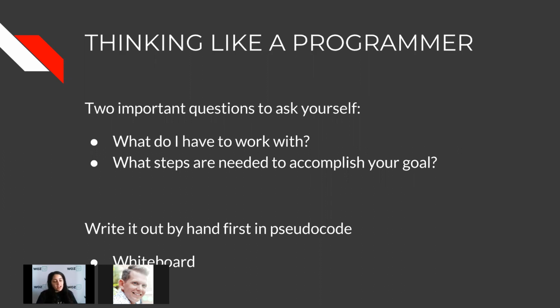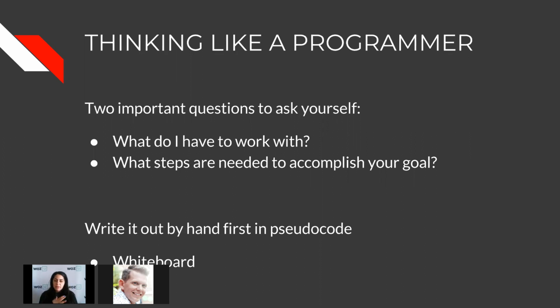Gotcha. So a lot of the times, you'll see a lot of developers with a whiteboard right next to them, and that's because they're writing pseudocode, fake code, just like outlining an essay, right? You're like, okay, I need to do this, and these are the points I need to hit. So you want to do the same thing with programming. Before you even start writing any code or solving any problems, write it out by hand first, draft it out and see if it makes sense, and then go to the code.